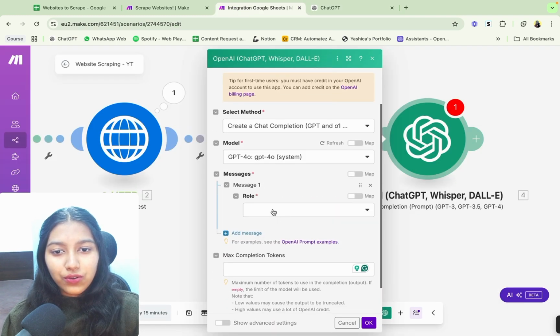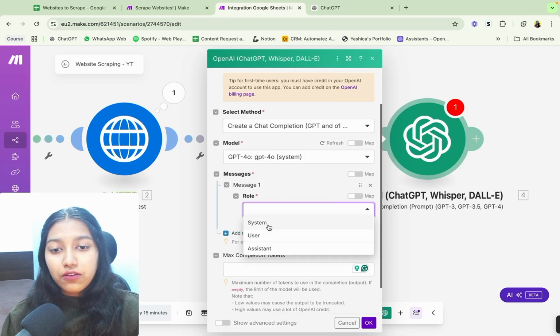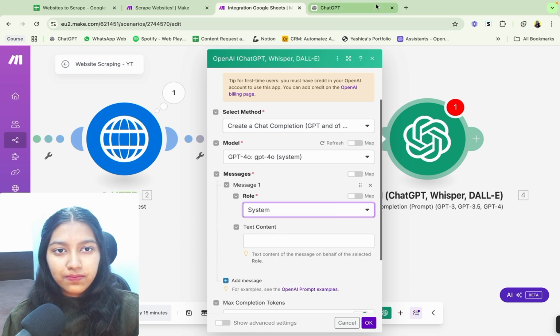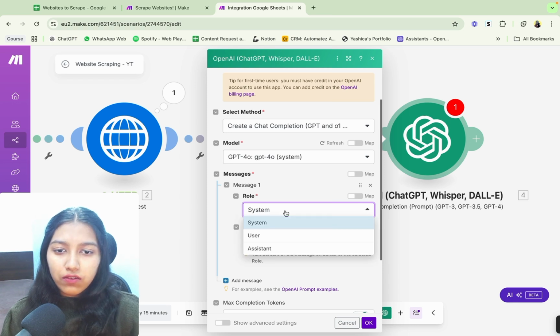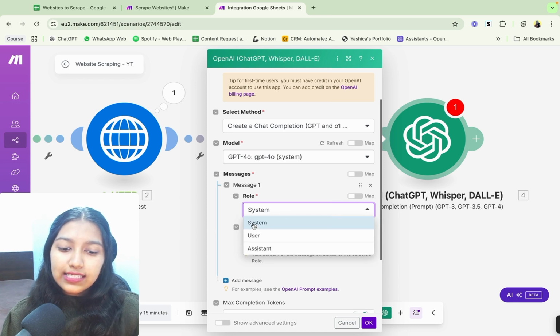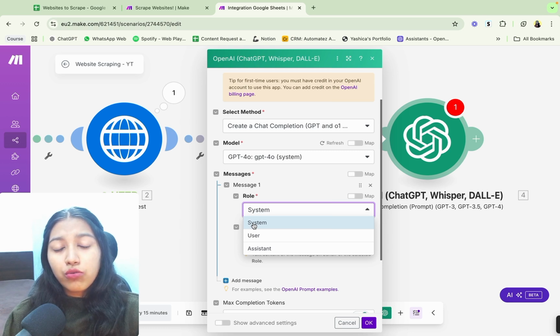So we're gonna go here, we're gonna select the first role as system. Again, if you don't know the difference between the three, I have covered it in that video, but I'm still gonna give you a quick summary. The system instructions are kind of the underlying wires, or you can say the underlying context on which the AI model operates, okay? So you tell it what it's supposed to do, how it's supposed to do it, how it is supposed to answer,